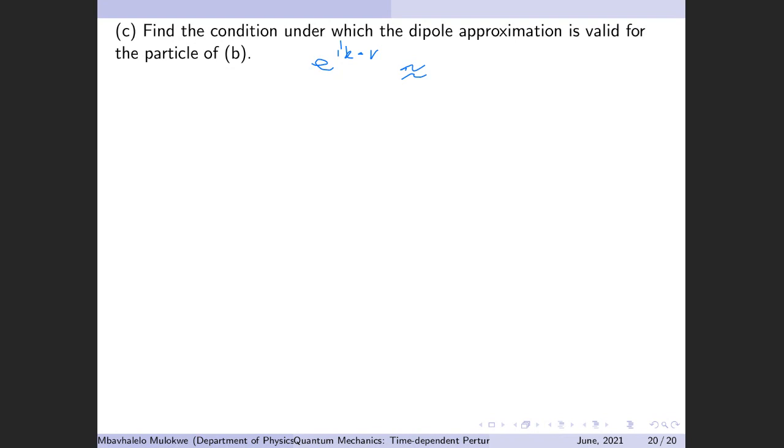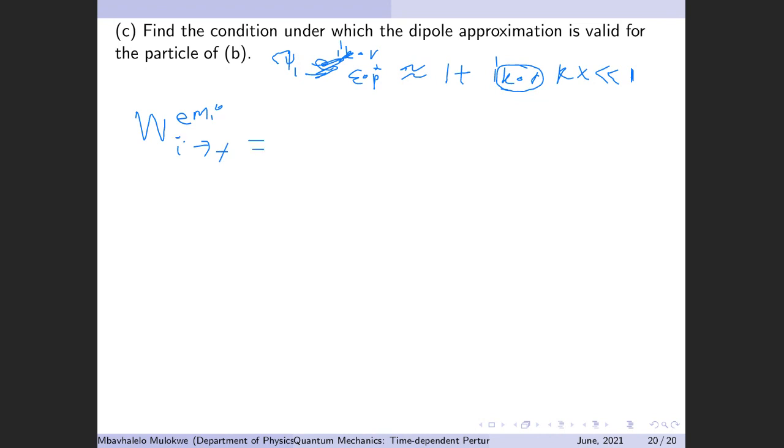So you're approximating the exponential that was sitting inside this overlap, psi with lambda t, to 1 plus k dot x. These terms have to be small, so it means something like kx has to be smaller than 1. But I'll write down the precise condition. So the spontaneous rate of emission going from i to f, you just plug it into that formula that I